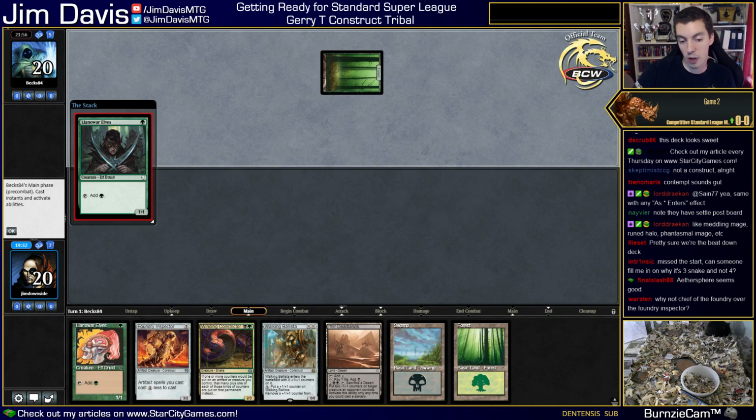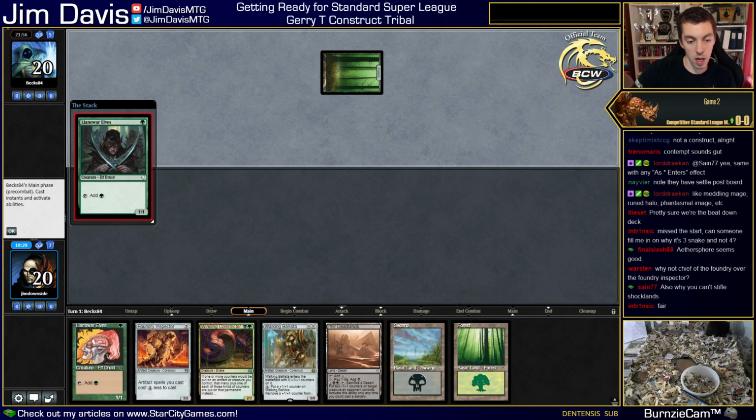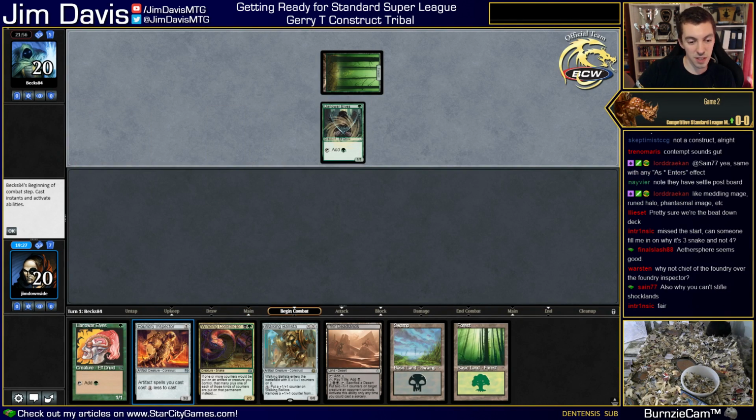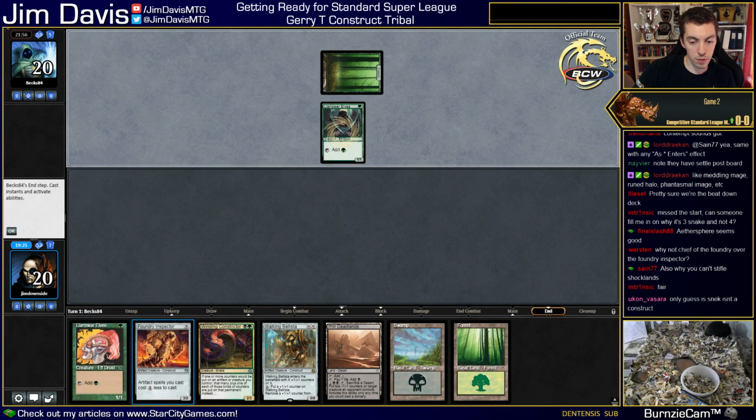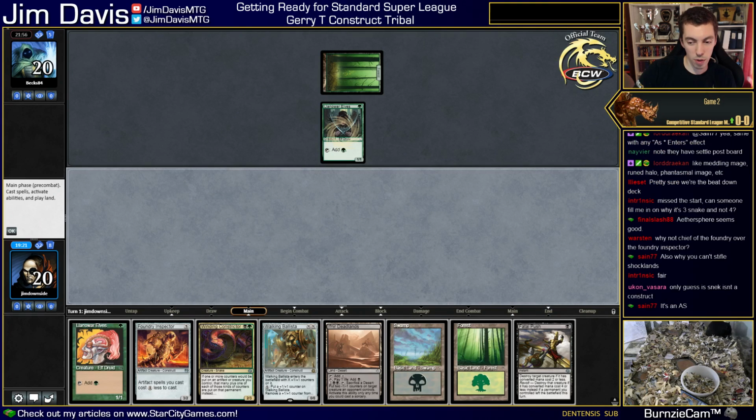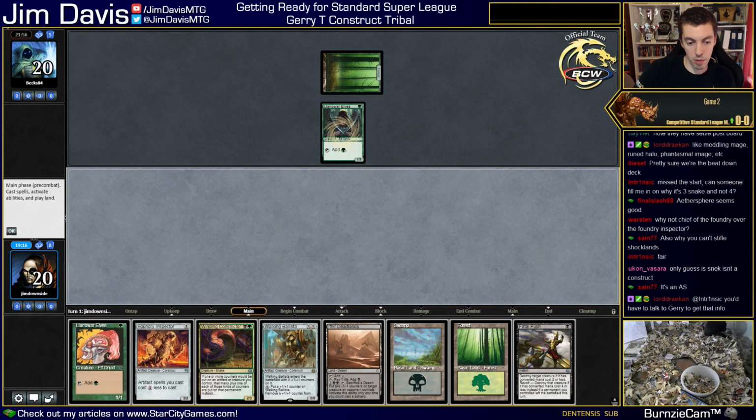Why not Chief of the Foundry over Foundry Inspector? Chief of the Foundry kind of sucks. And this is like a weird kind of Llanowar Elf, which is pretty sweet. Turn 3 Gearhulks are nice. Alright, we're going to give them their mana on turn 2. We can go turn 2...